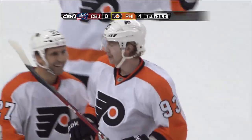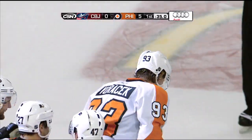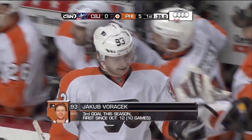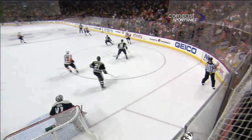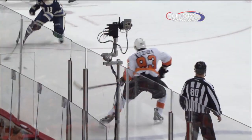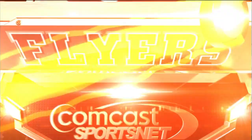Score! Jake Voracek sails it home. And he gets the goal against his former club. How sweet that has to be for him. Voracek scores for a case of tasty cakes, ends his goal-scoring drought, and makes it 5-0 Philadelphia. All about the screen in front. It's Eric Wellwood that provides it, and it's just a quick shot by Voracek that gets through that traffic. Not sure if Wellwood got a piece of it or not, but he's not going to say anything as Voracek gets a goal